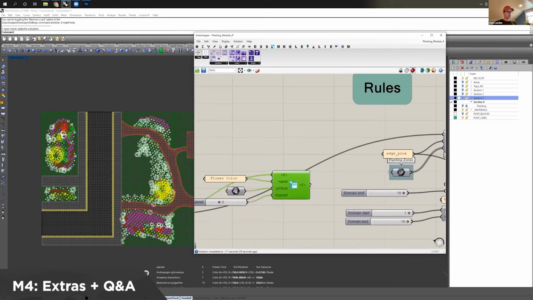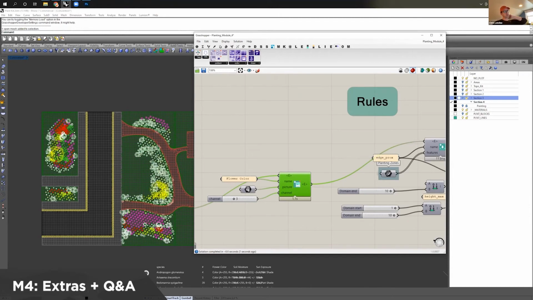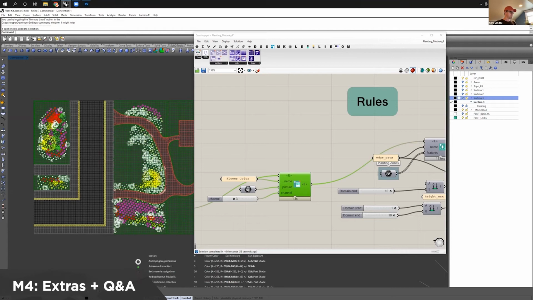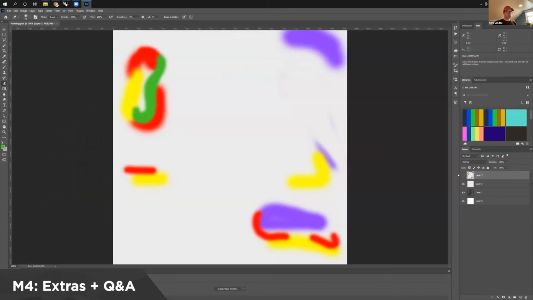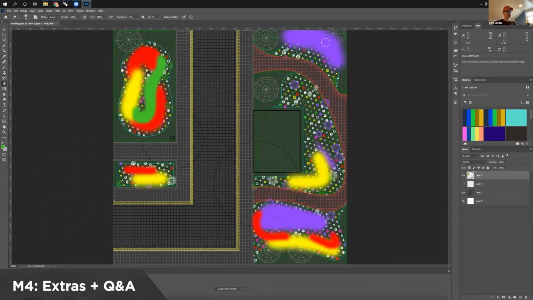So we have an analysis component called add image layer. So the neat thing here is that I can, in Photoshop, what I started out doing is I captured the size of the site. I just did a screen cap of the section 3 here. And then I started sketching over where I wanted different colors, so I can